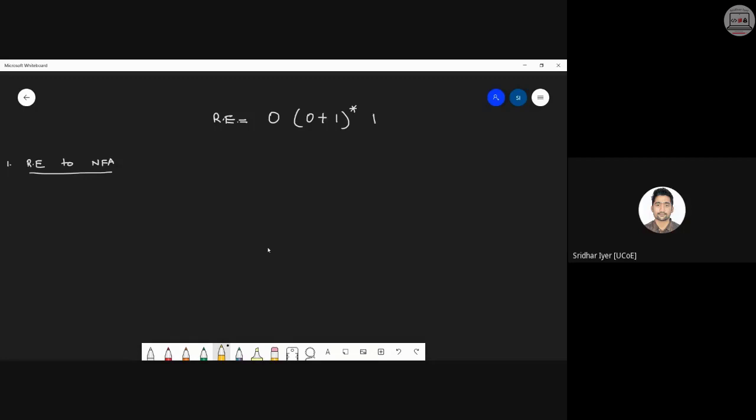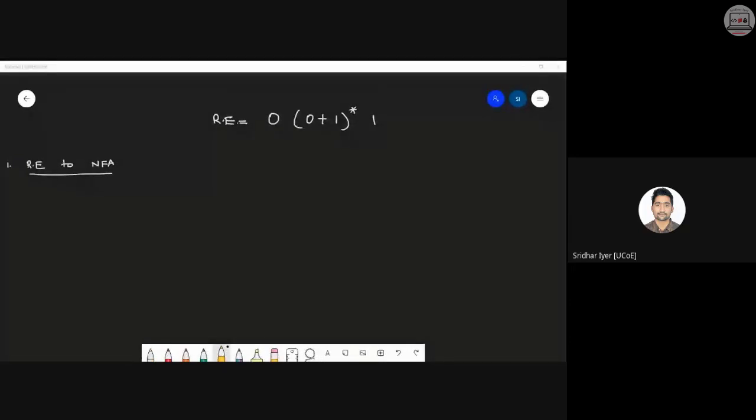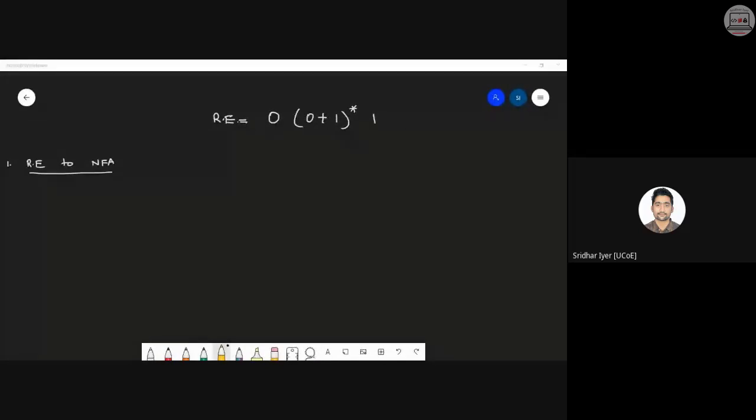14 states. Okay, let me see. What about others? 0 into 0 plus 1 closure 1. Okay, let's see. Also name them properly, as I have already told you how to name them, right? So let me receive answers from others, then I can draw the diagram. Okay, first step, 0 dot 0 plus 1 closure 1. So first of all, construct the closure part, then add a 0 and add a 1. Okay, complete it and let me know.